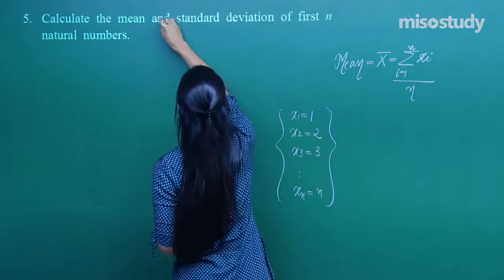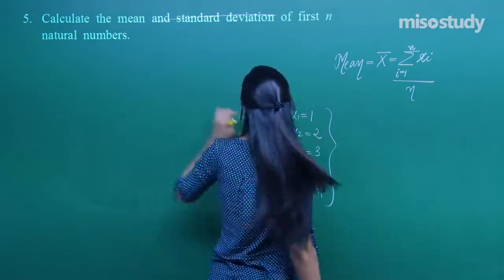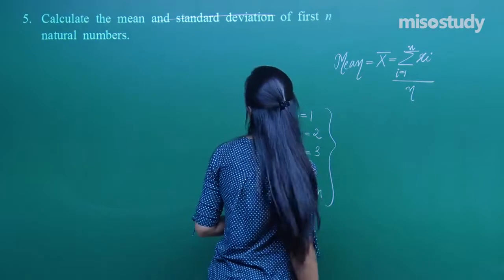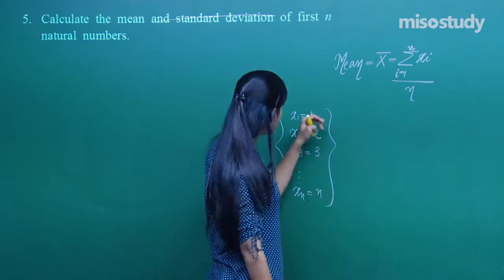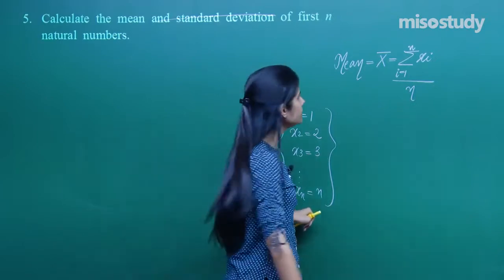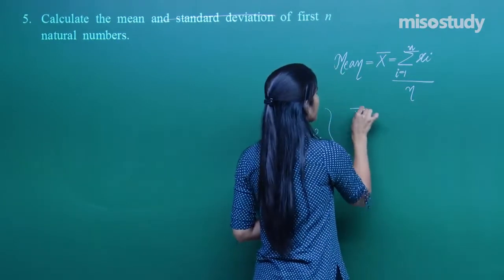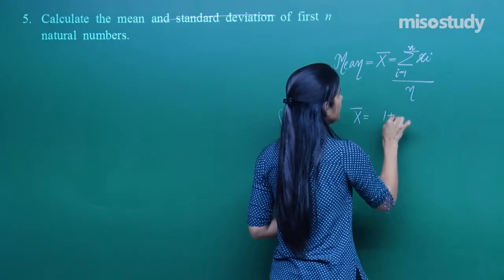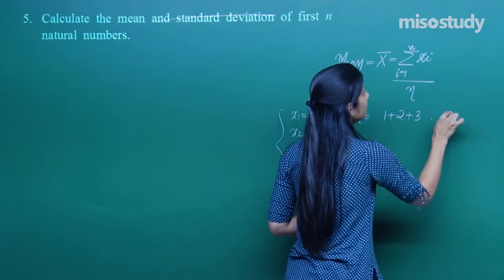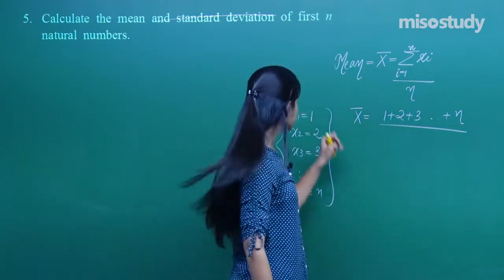Here you are not supposed to evaluate the standard deviation. That would be asked for 6 marks. Here you will just be asked the mean for first n natural numbers. So if these are your n natural numbers, playing the role of the n observations, how would I calculate the mean? Add. So it's 1 plus 2 plus 3 plus up to n,